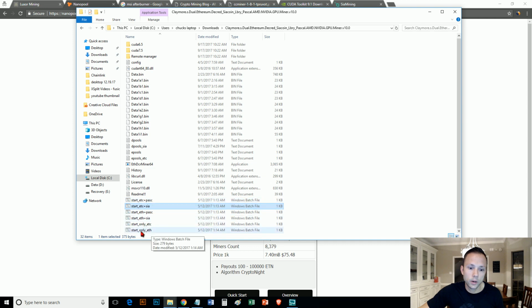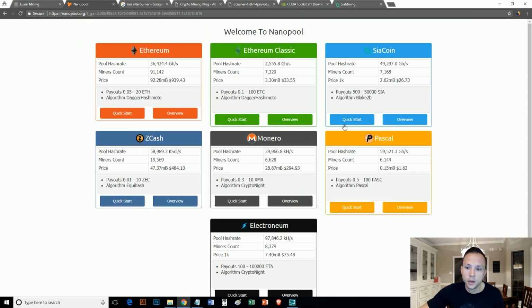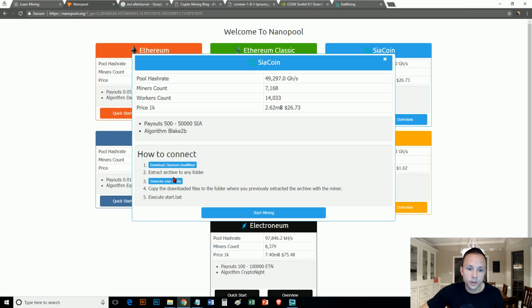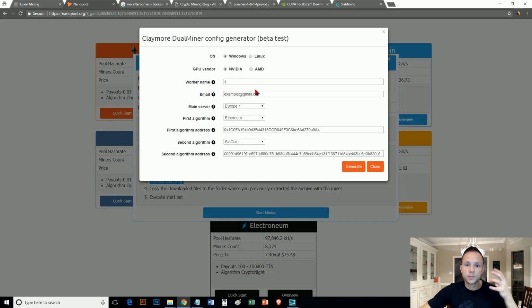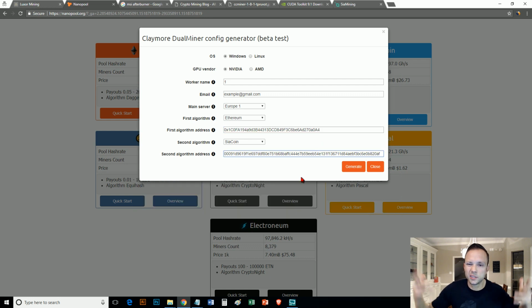Instead of you having to go in and adjust this by yourself, click on Quick Start, and once you've downloaded your Claymore, hit generate config, and it gives this pop-up. I've already plugged this in and this in. I literally just found addresses off the internet and copied them in. First, the operating system, Linux or Windows, click it. NVIDIA or AMD, click it. Worker name, so mine would be something like Yellow Comp. Email in here,